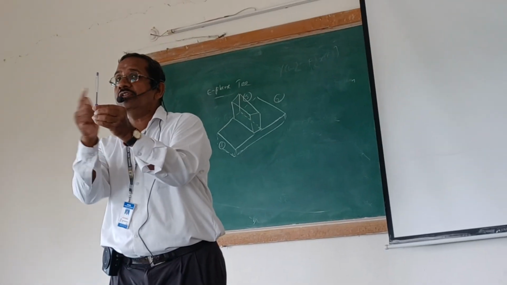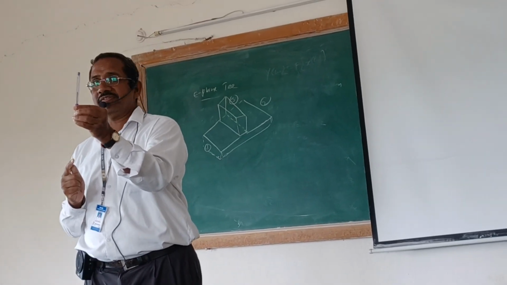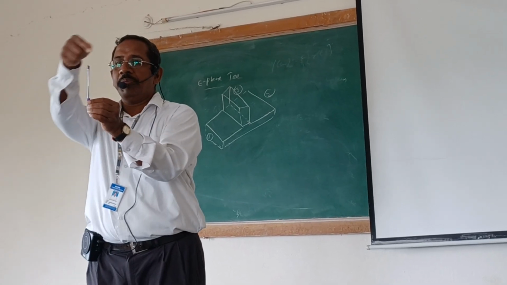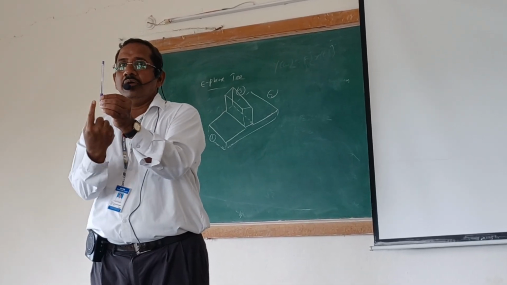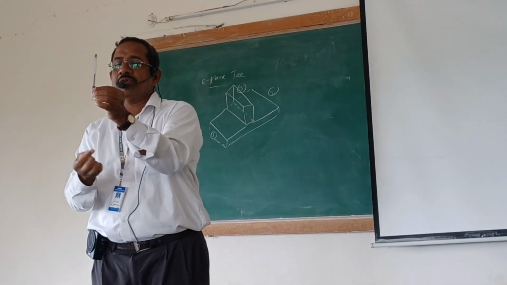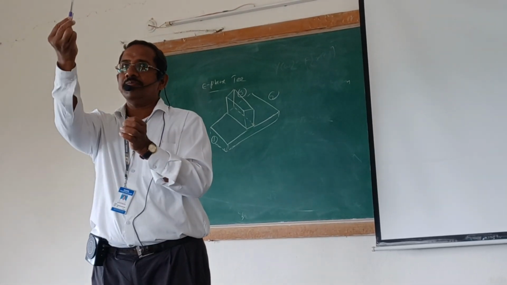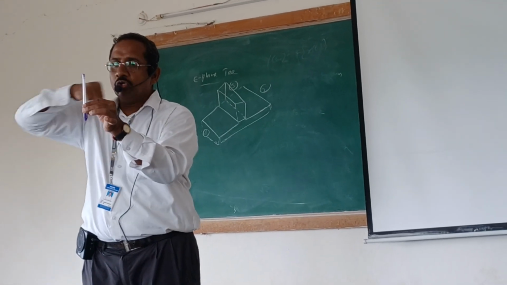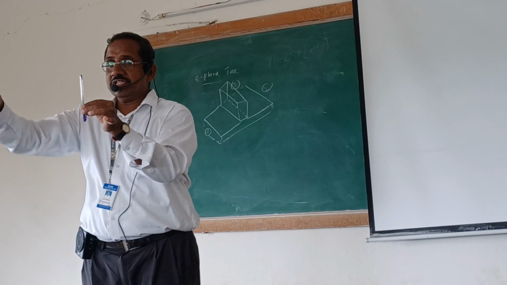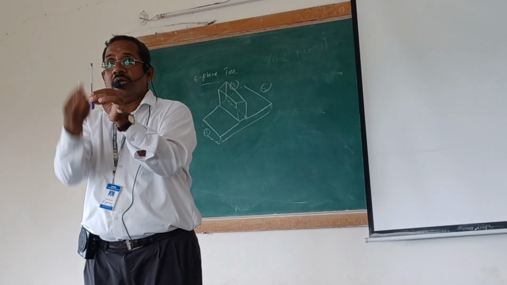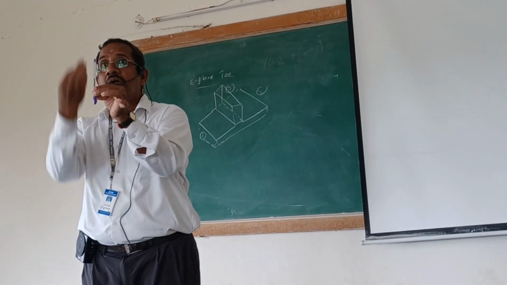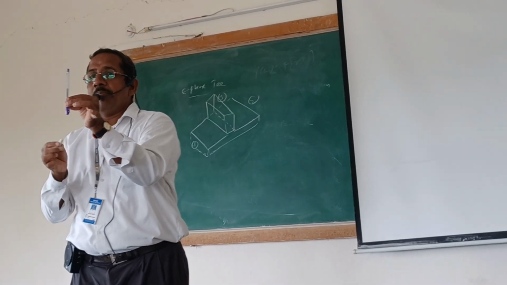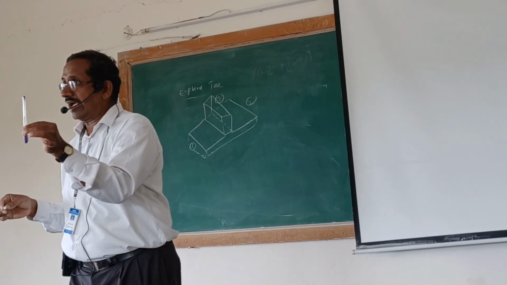How is the magnetic field going to exist? According to Ampere's law, remember Ampere's law? The magnetic field is going to be perpendicular to the current carrying conductor. That means if current is flowing in this direction, and the electric field is in the vertical direction, then the magnetic field is always going to be along a plane which is perpendicular to the electric field. Therefore, the electric field will be on the vertical axis, and the magnetic field is on the horizontal axis.